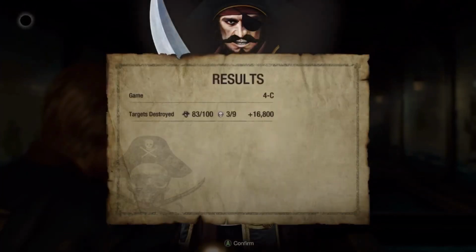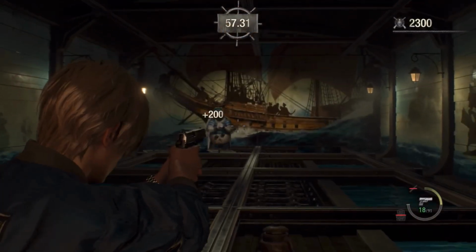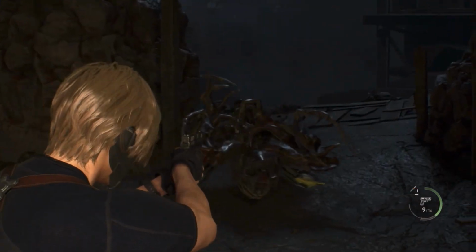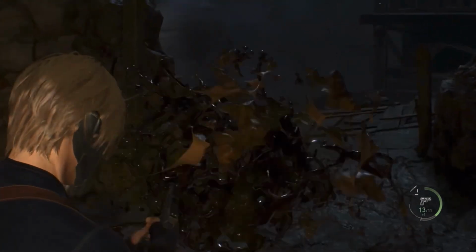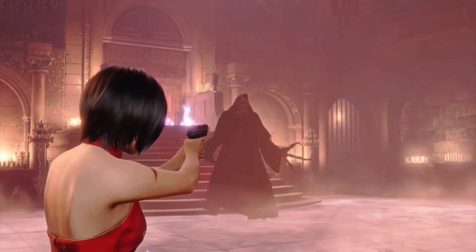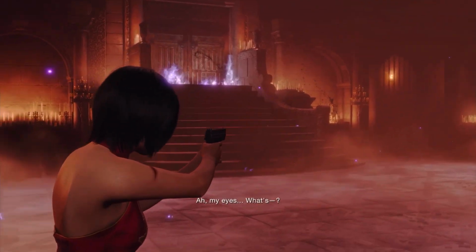And yes, I have taken the time to get good with the starter pistol and get those headshots and those criticals, but with the Blacktail, you don't even need to think about that. You just point and you shoot. Now again, this is Ada's signature pistol in Separate Ways, and it's just as good in Ada's campaign as it